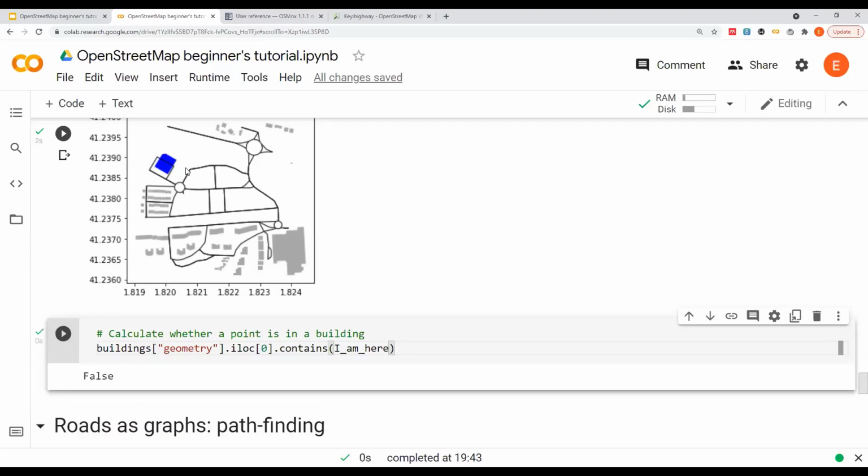The point that we defined is not physically in the supermarket. So this person who's asking for help and says I am here is not in the supermarket. It's a bit of a contrived example, but you can imagine that